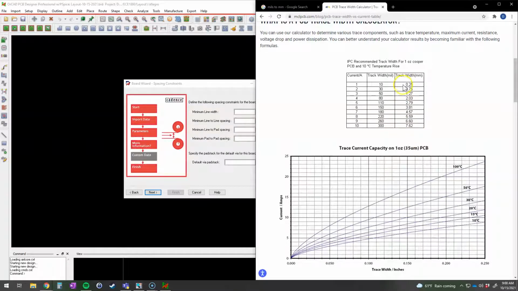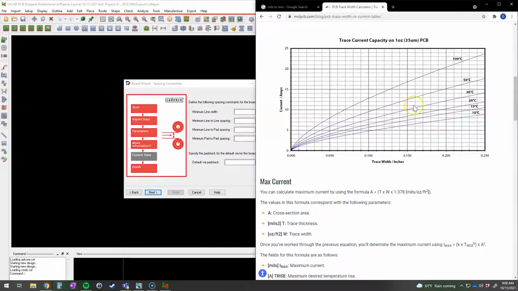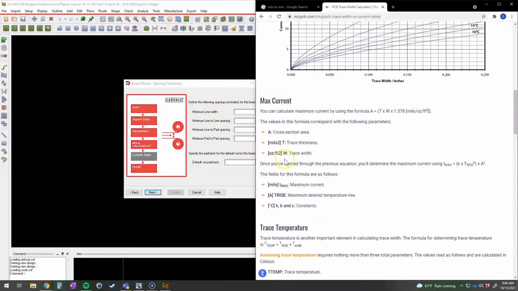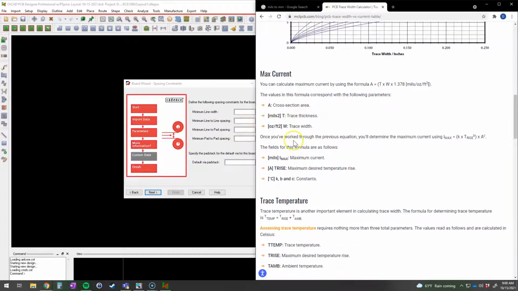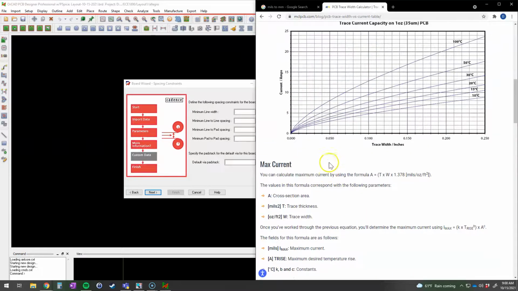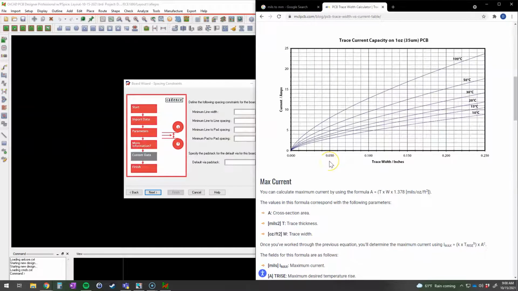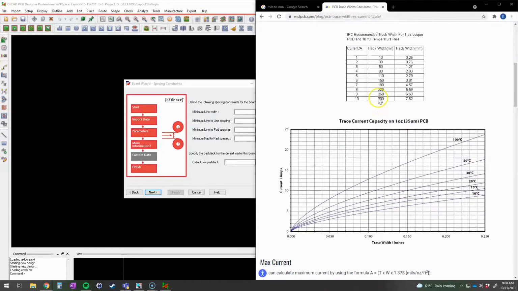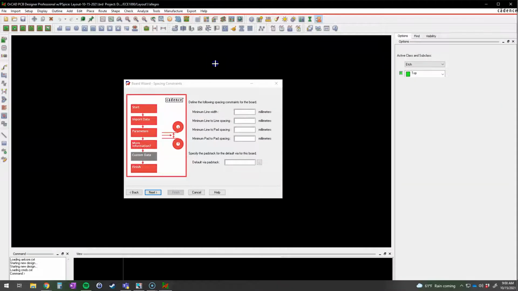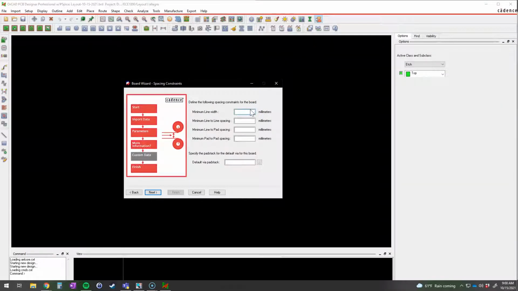And so, it's getting here the trace width, so a trace width of 1 millimeter is going to be able to hold plenty of current for us. It also goes into more information as far as how you can determine the max current, but it also varies based off of temperature. But as I said, for us, we're just going to do a relatively standard